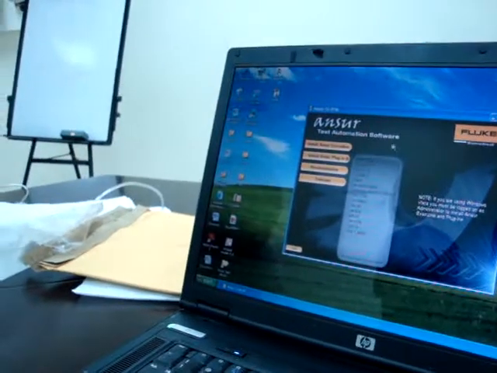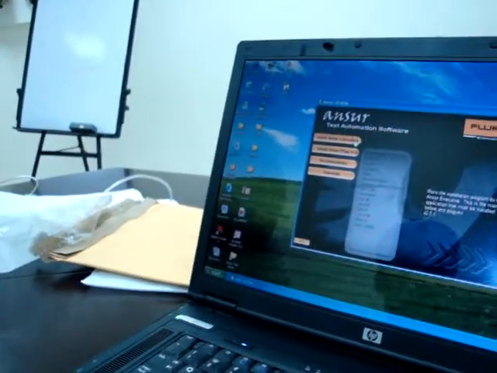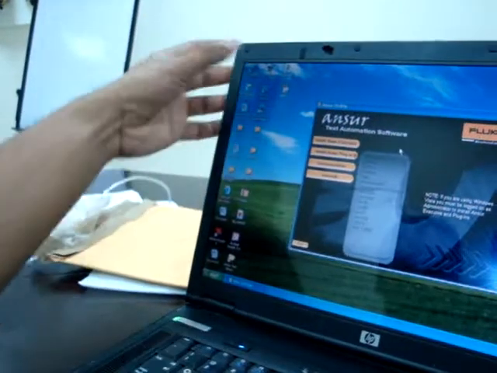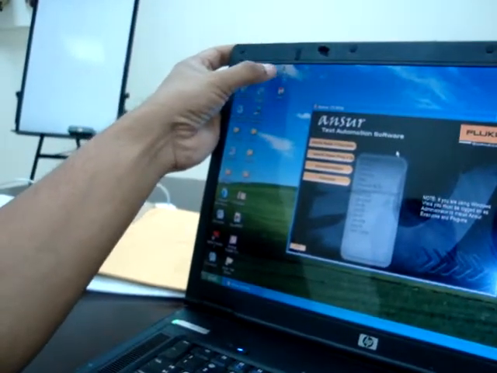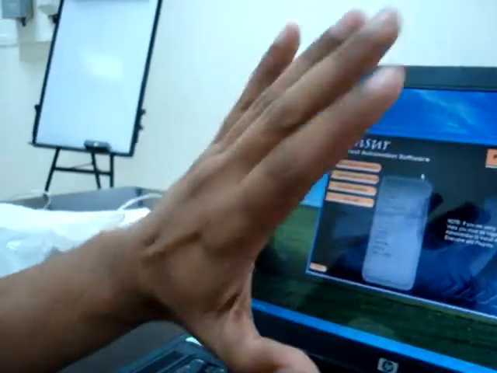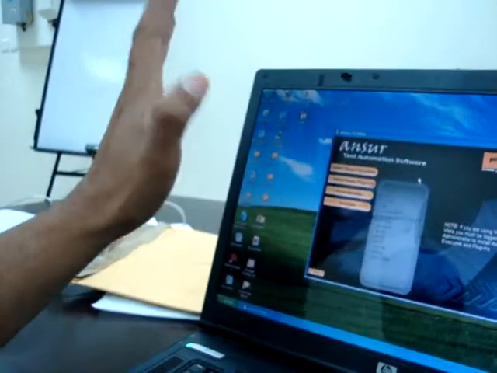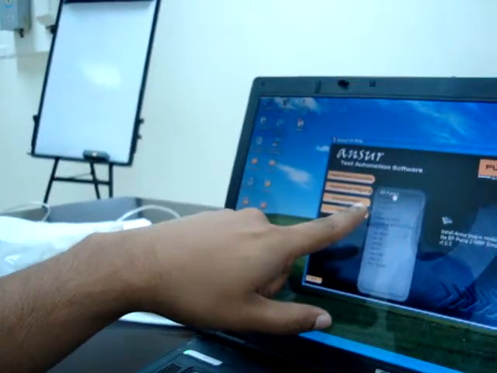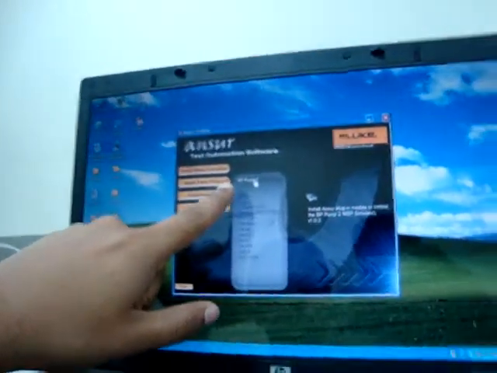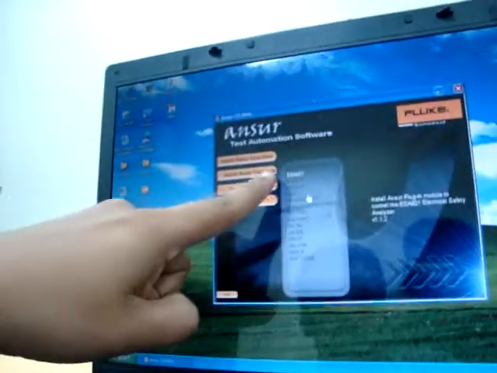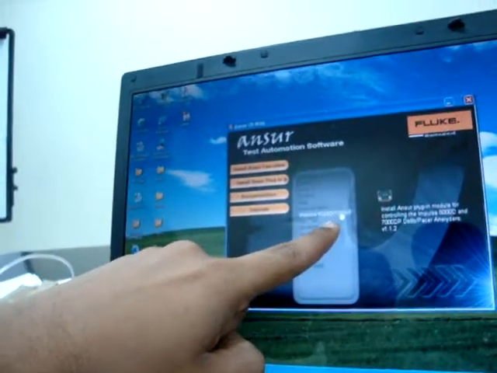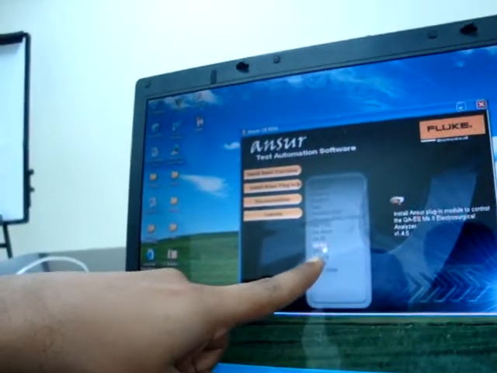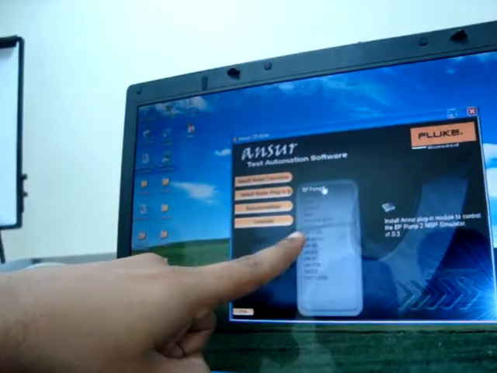See, first we have to install Ansur Executive. I have already installed it. Then this symbol will come. See, this symbol. Normally it will be saved in the C drive. And again we have to select which plugin we want. We have BP Pump 2, Impulse 7000 DP, and QAES. First we install this one.